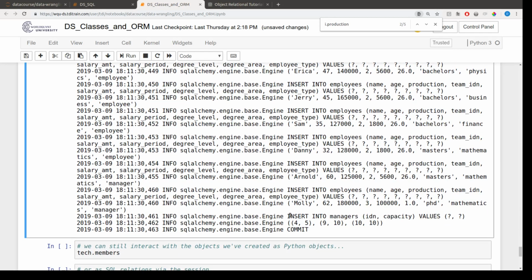So we also see getting inserted into the managers table are just ID numbers and capacities. We don't insert the entire record for Molly into the manager table. We just have her ID number, which is